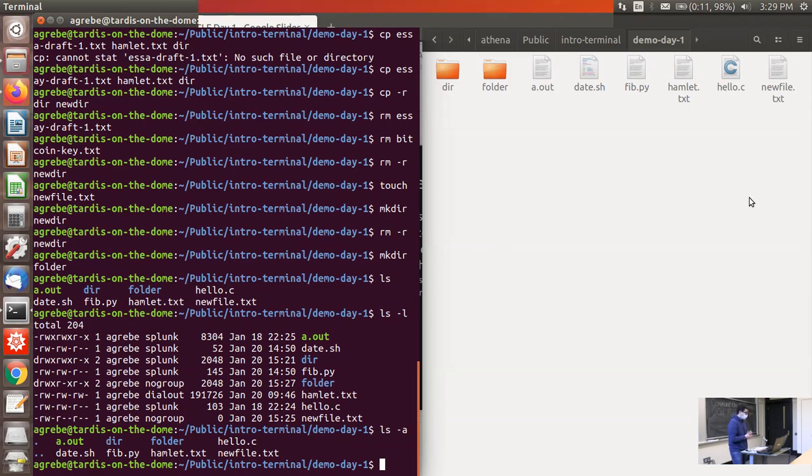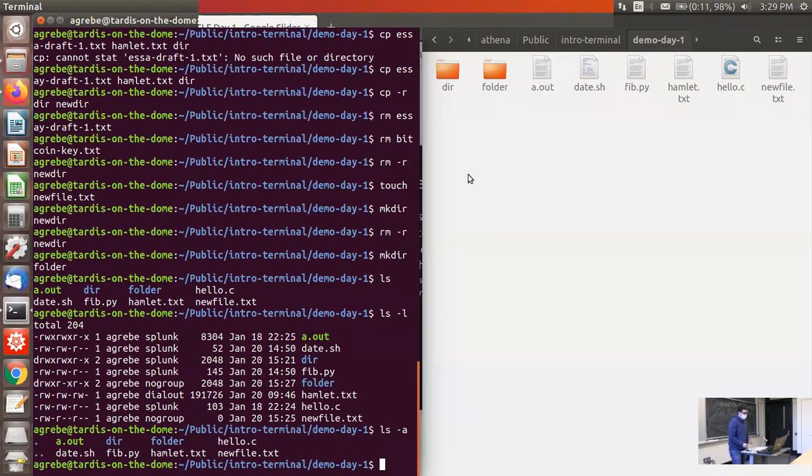So now we can talk about my topic, which is how to view files. Let's say we're in this folder and we want to see Hamlet.txt. Hamlet is rather large, it's the entire Hamlet story, and let's say you don't want to copy it and view it in a GUI.